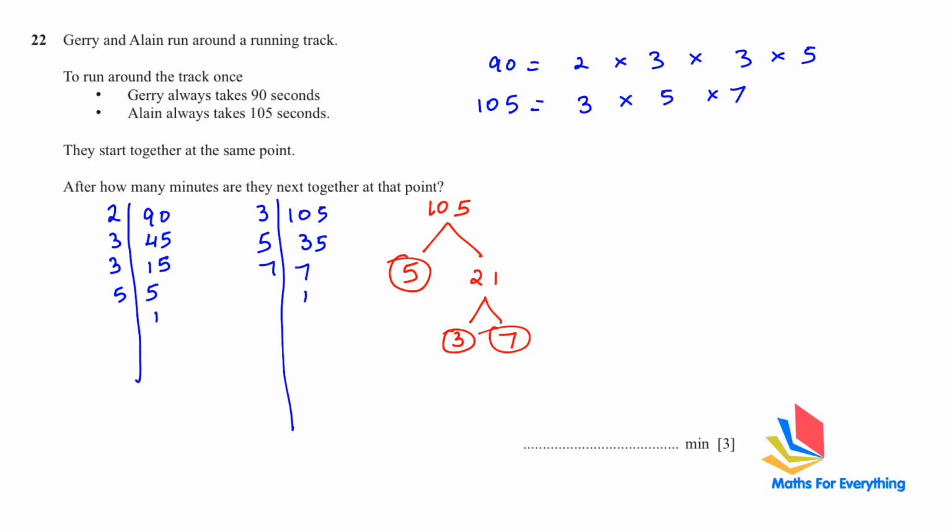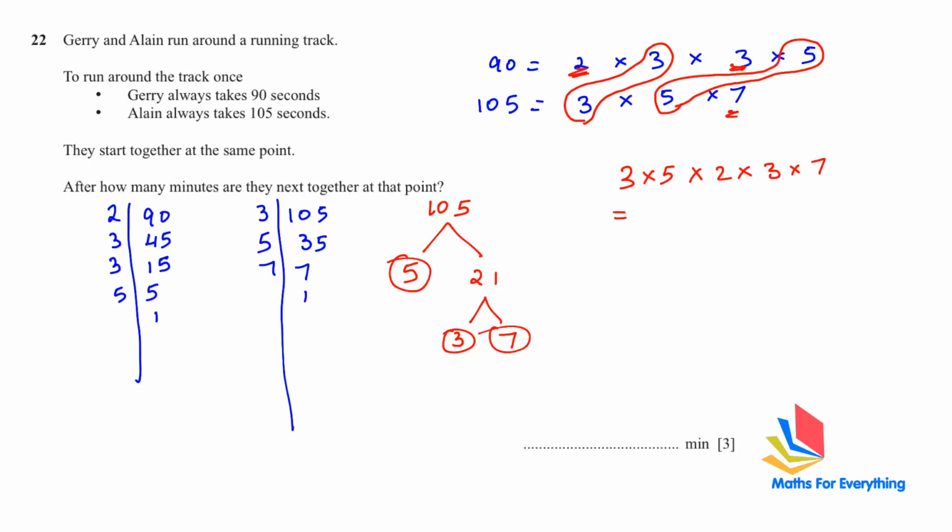After this, we are going to look at the numbers that are the same in 90 and 105. We have 3 and we have 5. So these numbers we are going to write one time. But we also have this 2, 3 and 7. We are going to use those too. Now multiply all of them together